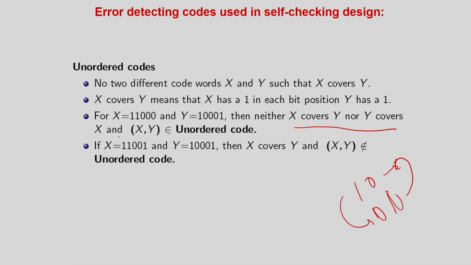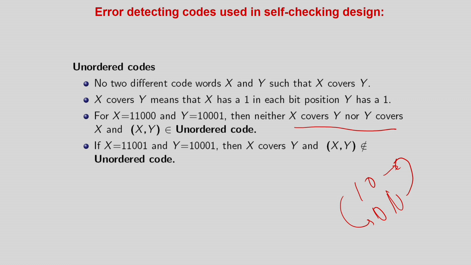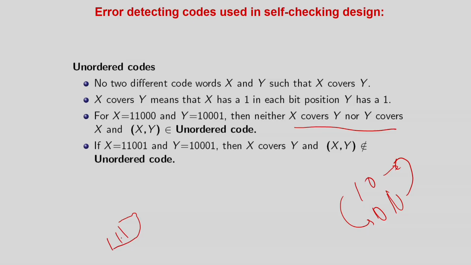We have not discussed the formal proof, but unordered codes can be used to detect multiple bit unidirectional errors. The proofs exist. One thing I would like to tell you at this point is that coding theory was massively used in engineering for another purpose, that is, communication errors. Whenever you are communicating a burst of bits over a medium, like a wired medium or, more importantly, a wireless medium, maybe you are transmitting a network packet with a header, a footer and a lot of 0s and 1s, over the medium, maybe air, in wireless communication.